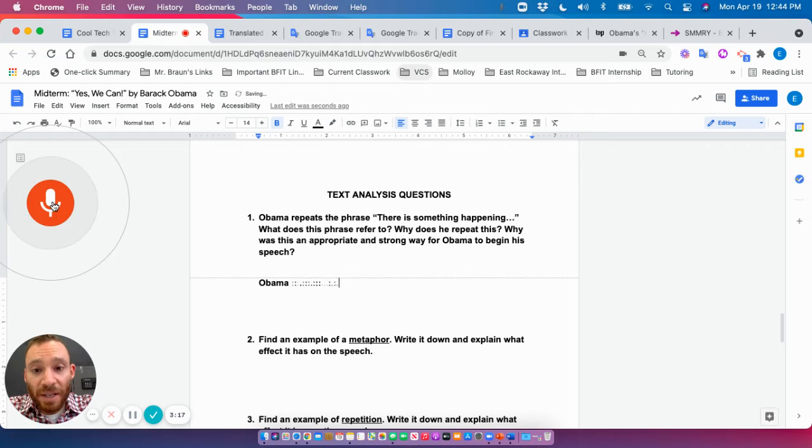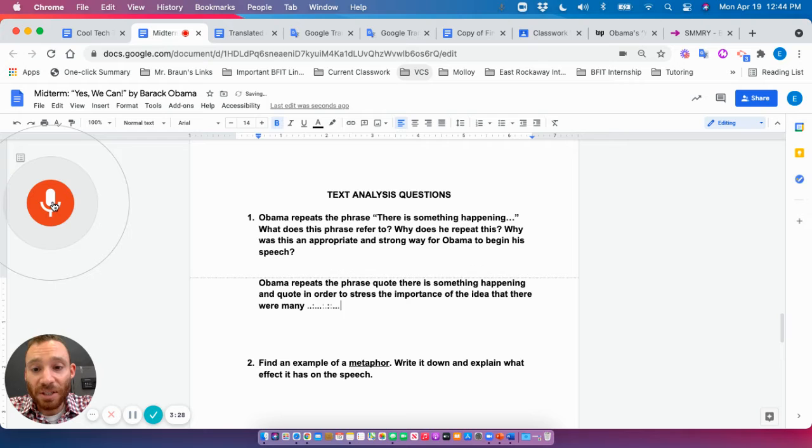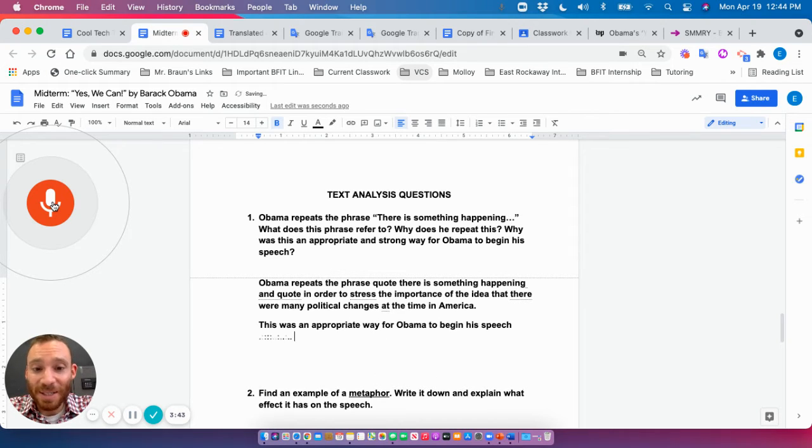Obama repeats the phrase, quote, "There is something happening," end quote, in order to stress the importance of the idea that there were many political changes at the time in America, period. New line. This was an appropriate way for Obama to begin his speech because,